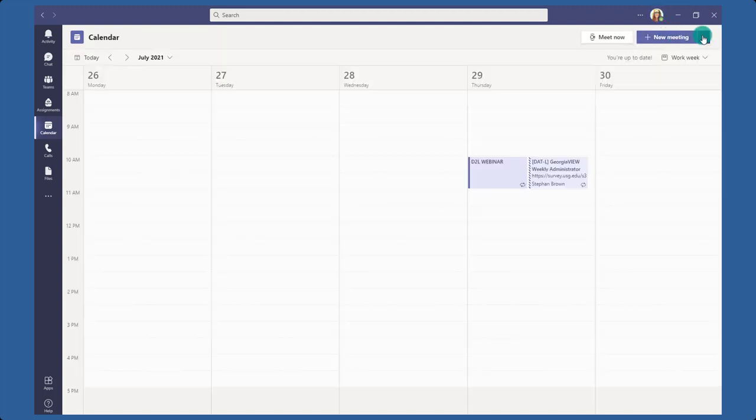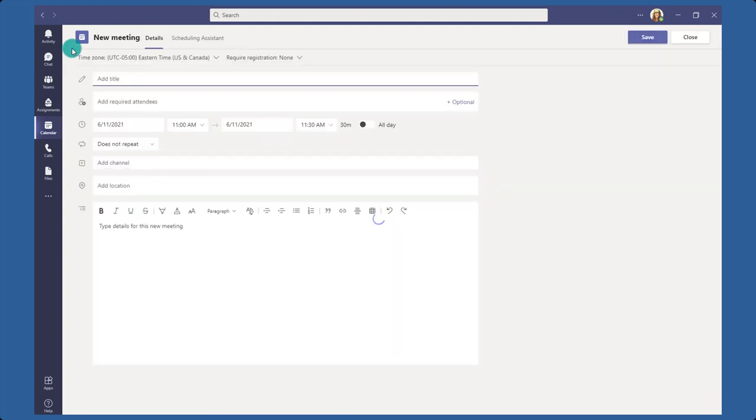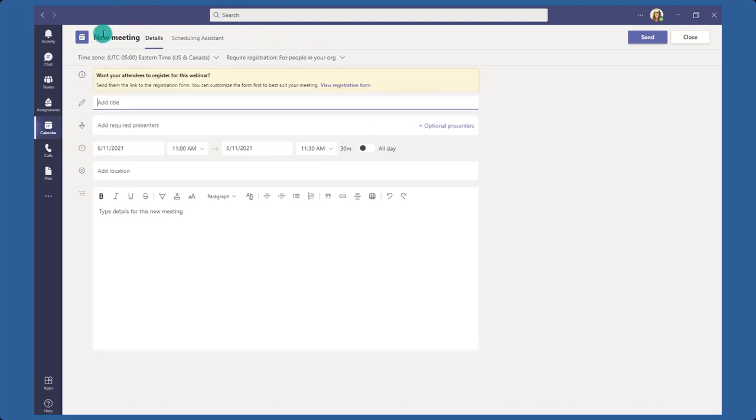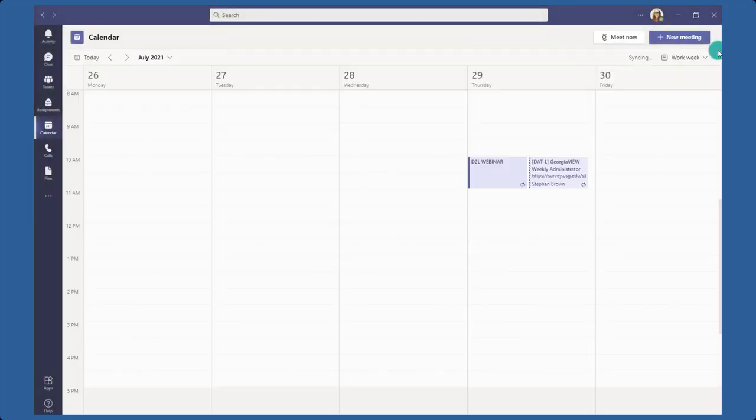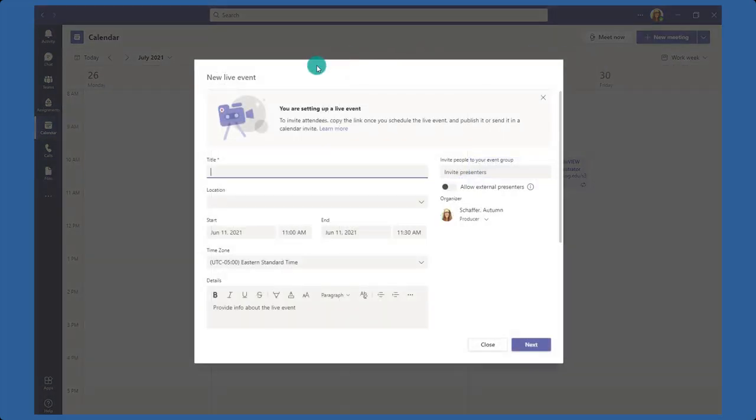In addition, we have the webinar. The webinar create-the-meeting piece looks very similar to the regular scheduling piece, so we're going to go a little bit more in detail with this, but notice that it looks very similar. Before I go into more detail with that, I do want to mention the live event. In most cases, you won't be using the live event because the live event is only going to allow you